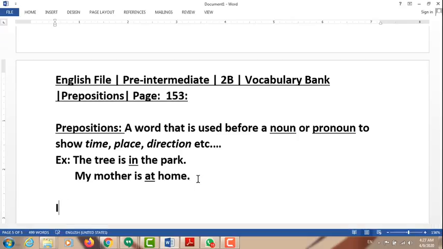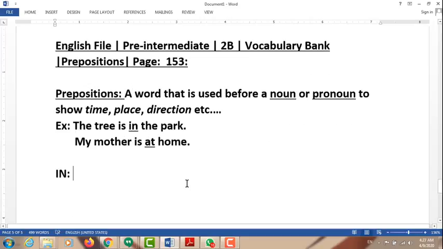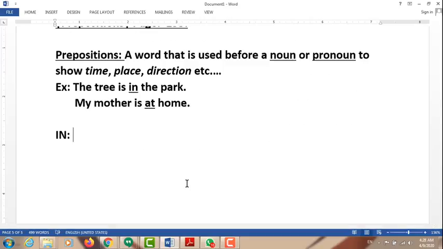Like the first one is "in". Okay? First we will be talking about "in". "In" is used for these things. I will write each of them very clearly. Okay? For example, it is used for